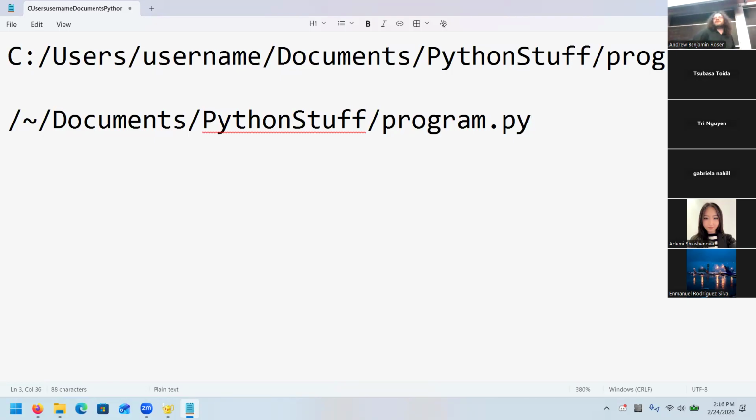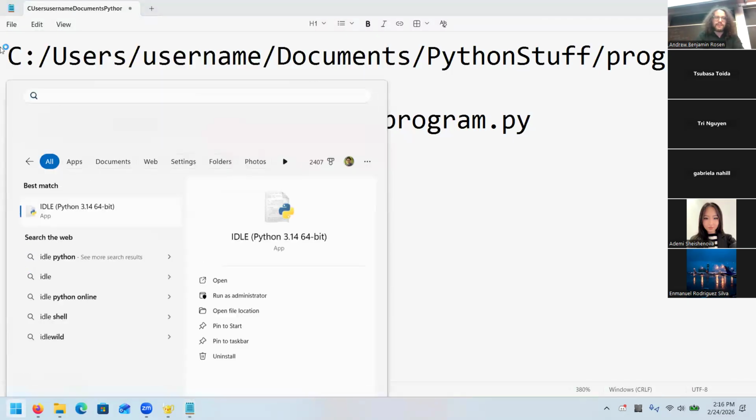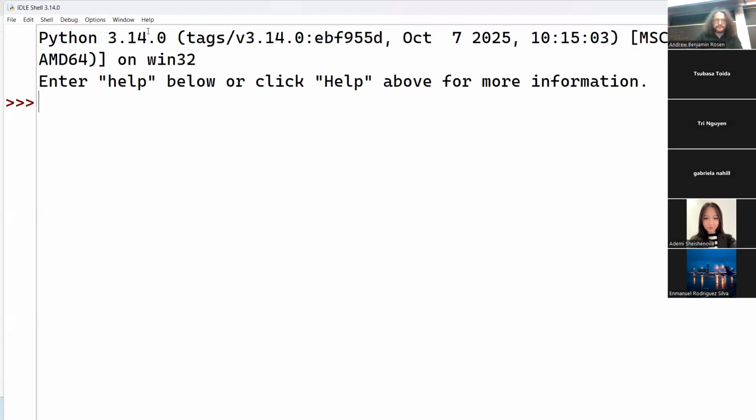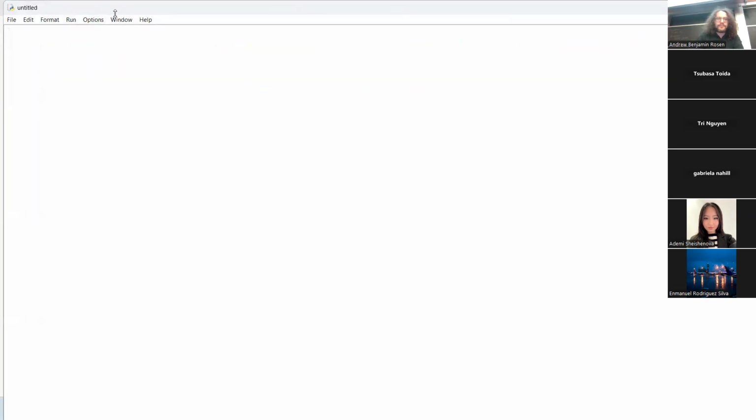That's what we need to know. So when we go and download a file to mess with it, we know where it is. Now on IDLE, which is what the vast majority of you are using, when we open a file,